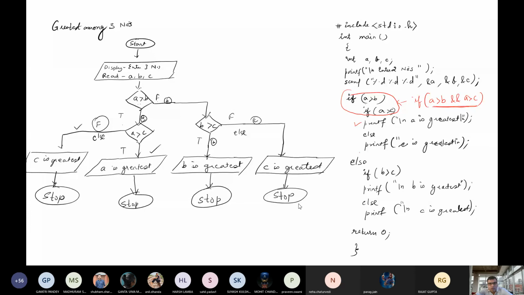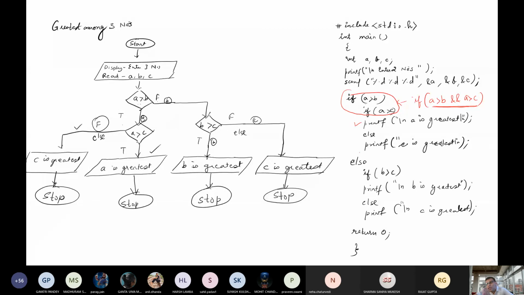No questions? Excuse me, sir. Sir, why haven't we used a semicolon after if and else? Because for if A is greater than B, if we use a semicolon, it means stop here.